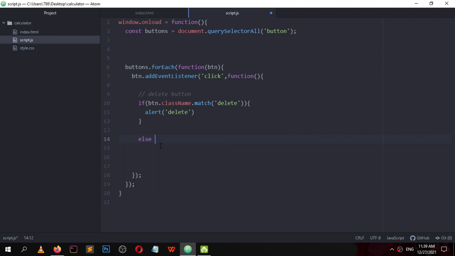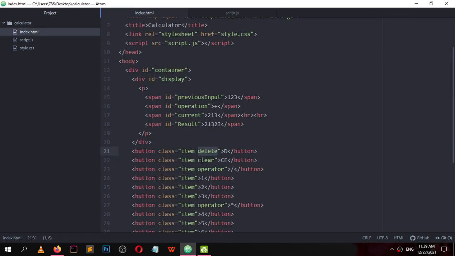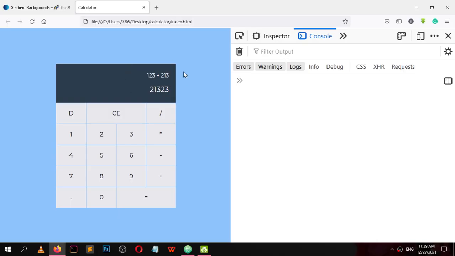Now else if the button has a class name of clear. We have a class name clear here for this button.